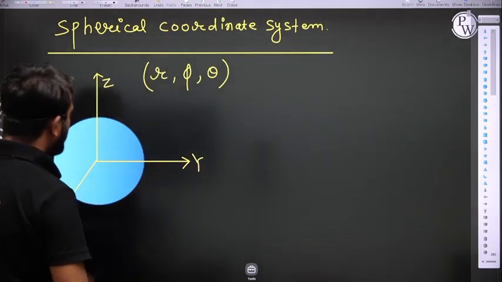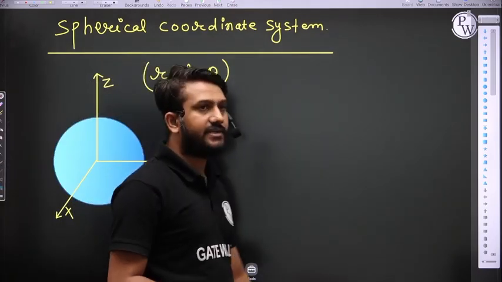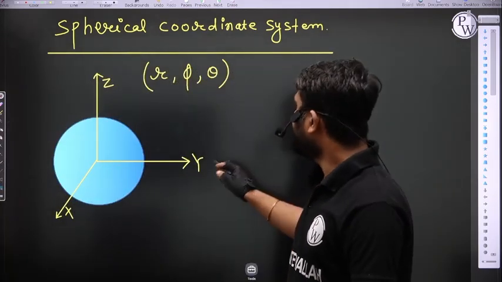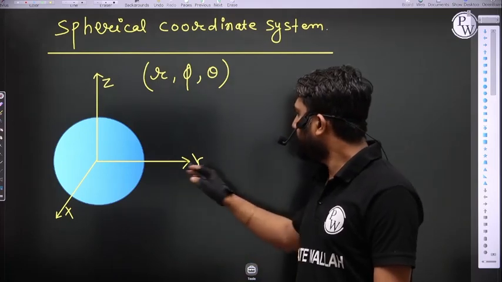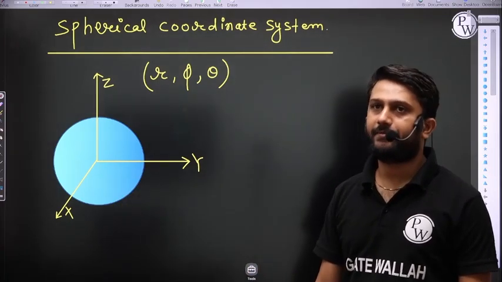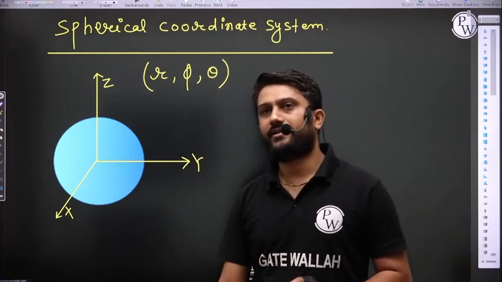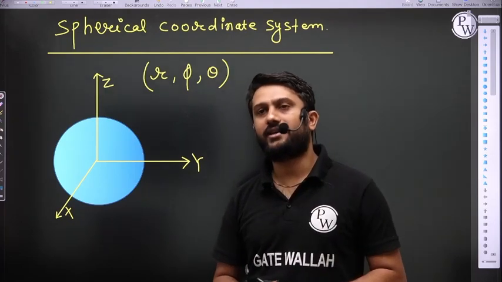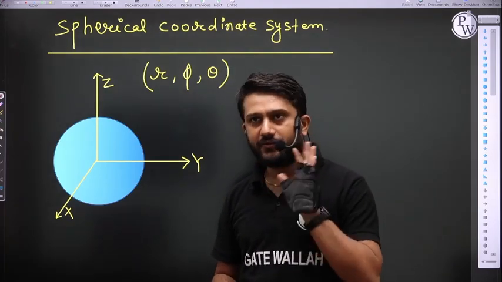So this is the xy plane, this is the yz plane. The yz plane is a vertical plane and the yx plane is a horizontal plane, right? I want to locate a point in this spherical coordinate system, right? So first,